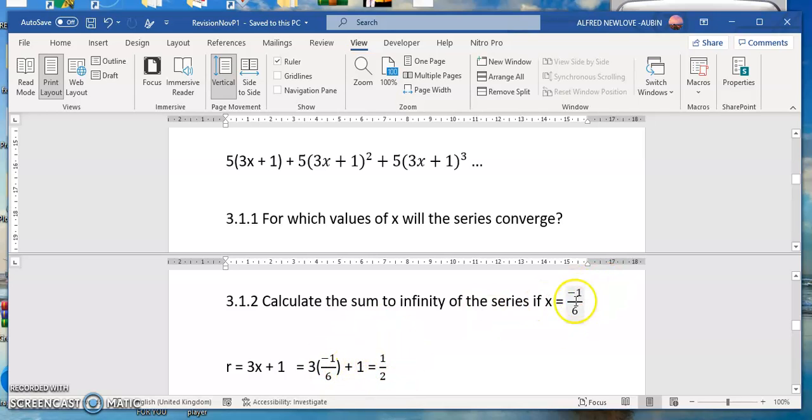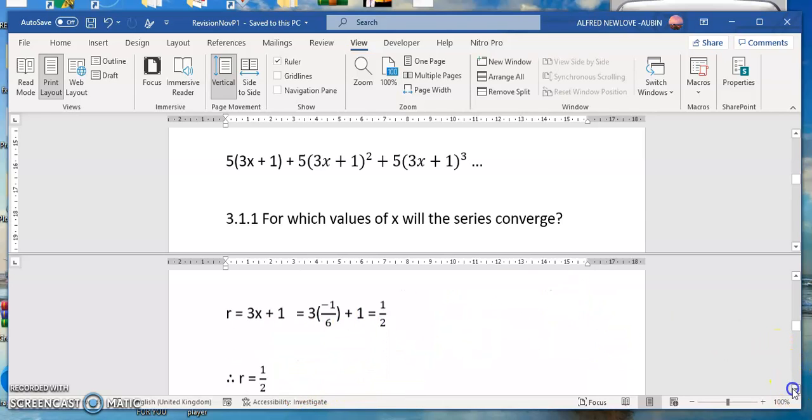And we're given x to be -1/6, so if you substitute, we are going to get 1/2, and this r is going to be 1/2. Then you need to substitute into the first term, which is a,